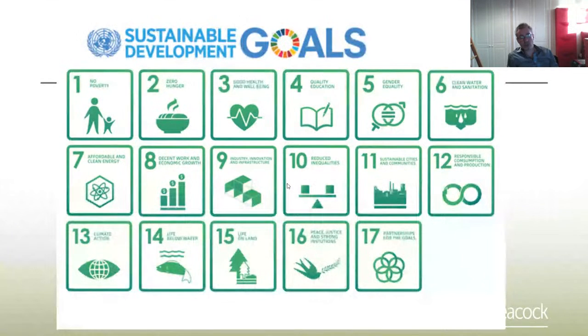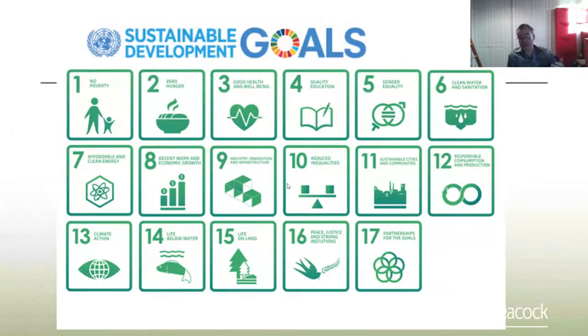Now I'm going to change theme slightly and say that obviously at Zimmer and Peacock, we are about business, and we are about the business of commercializing biosensors. But in doing this business, we want to make sure that we're aligned with society, the community and our environment as best we possibly can.